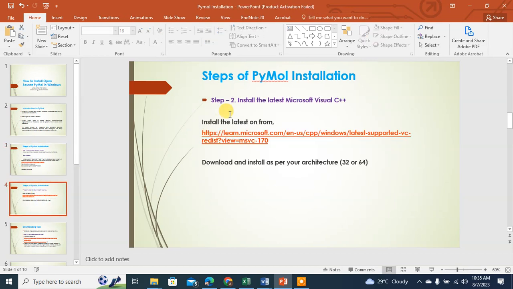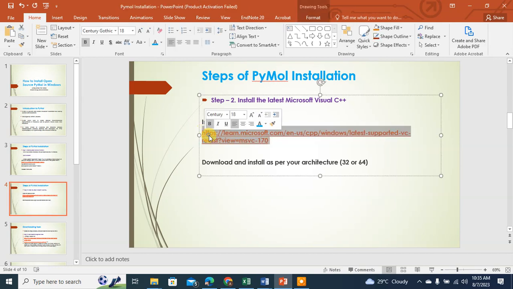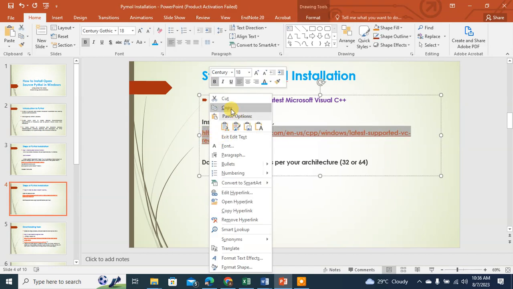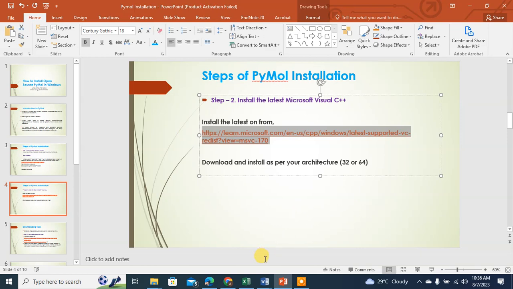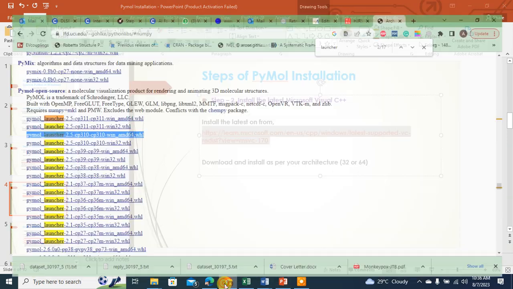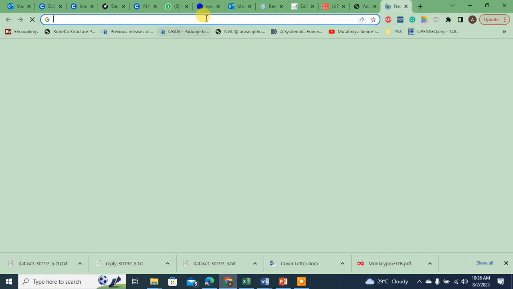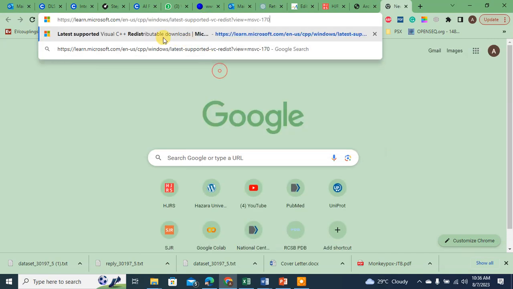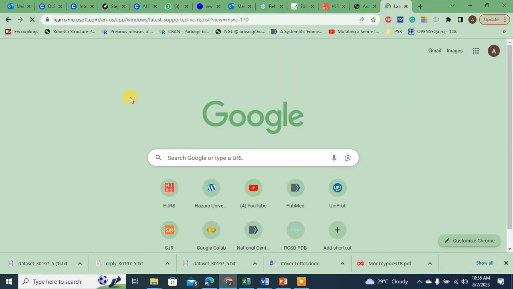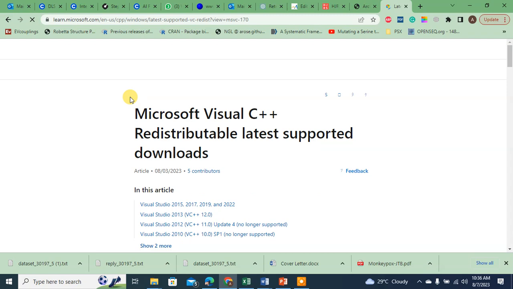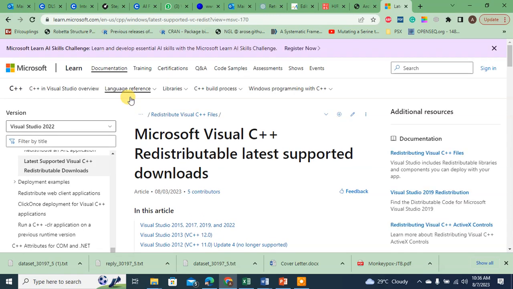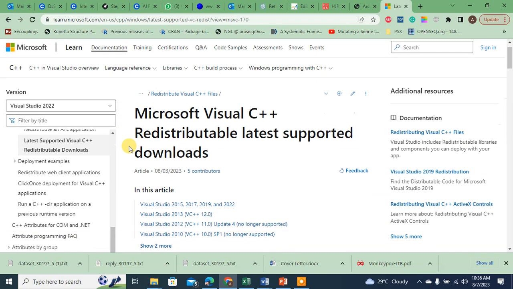Okay, then in step 2, you have to install the latest Microsoft Visual C++. How to install it? Here is the link. I will drop it in the description section. You can copy it from there, and then paste it in your browser. Let's see. You will have this window open now. Scroll down,